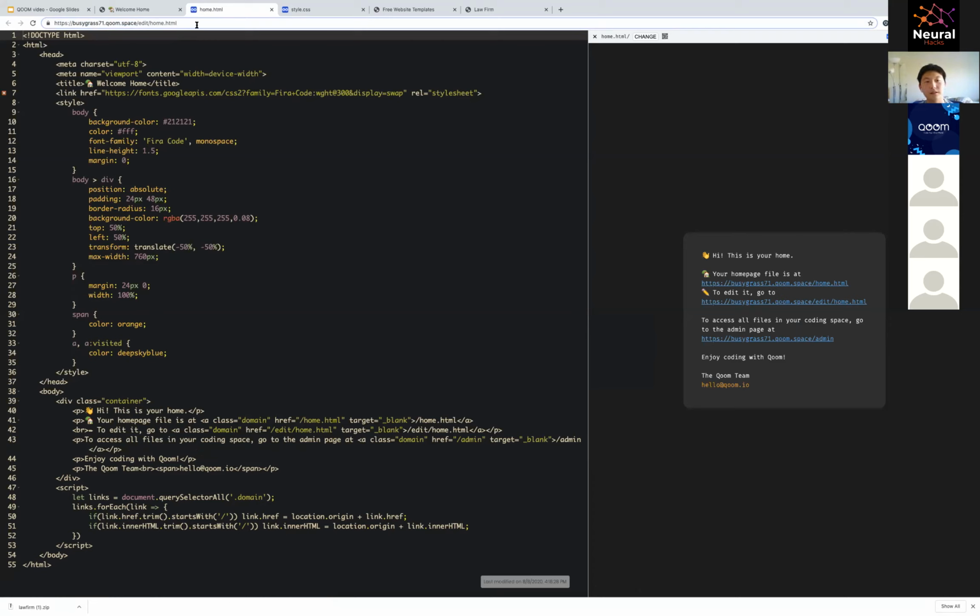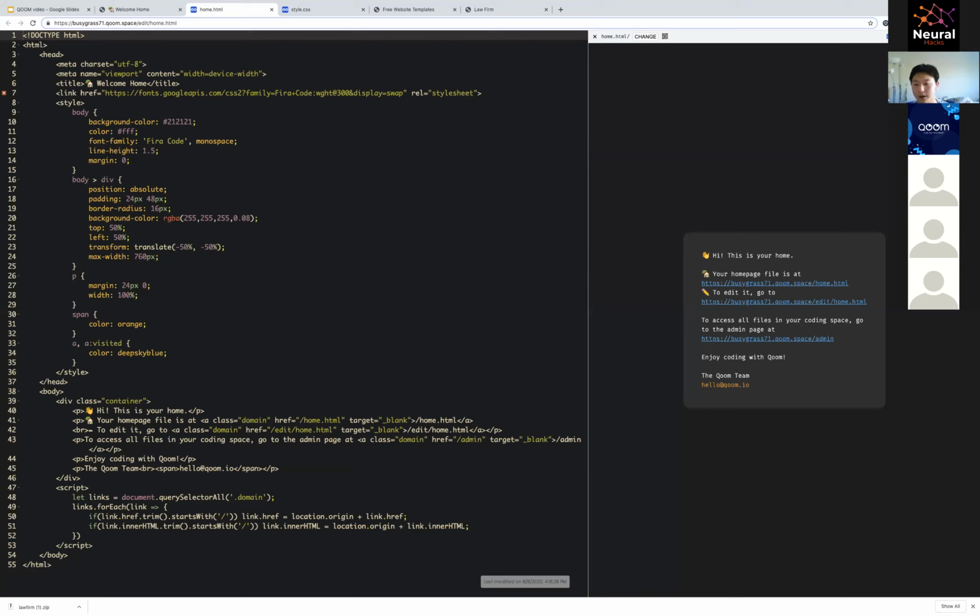But then, yeah, so can everyone do that? All right, so domain name.qoom.space/edit/home.html. So on the left, you will see the code, and this is the HTML